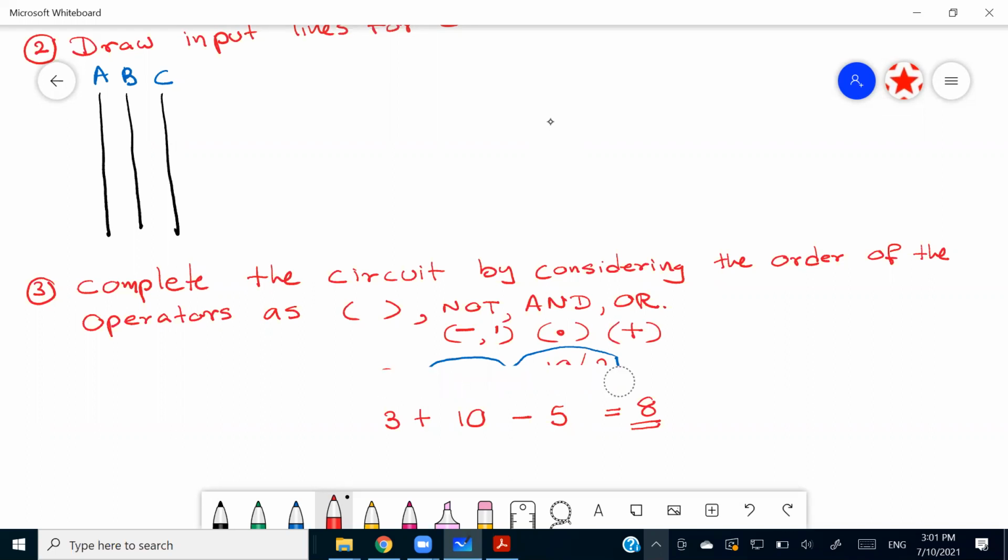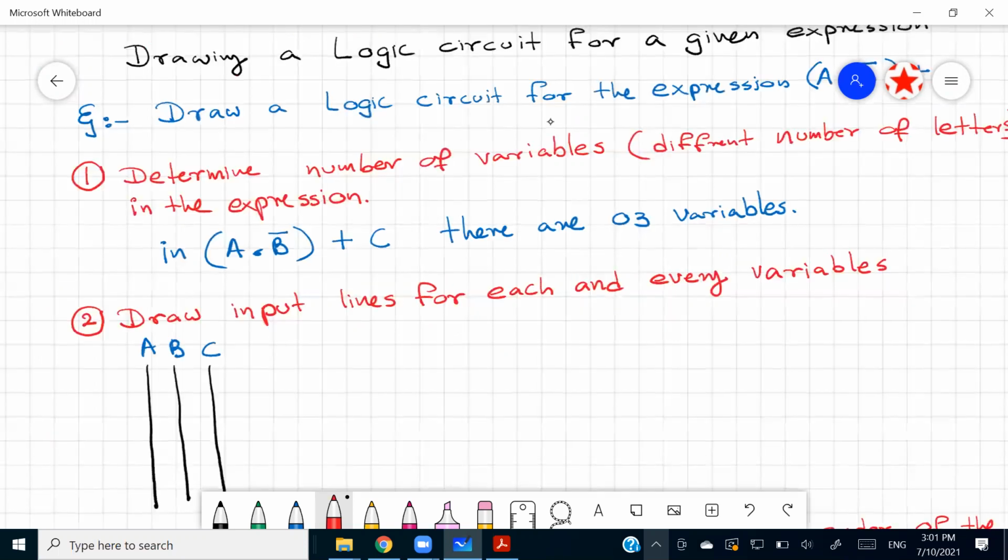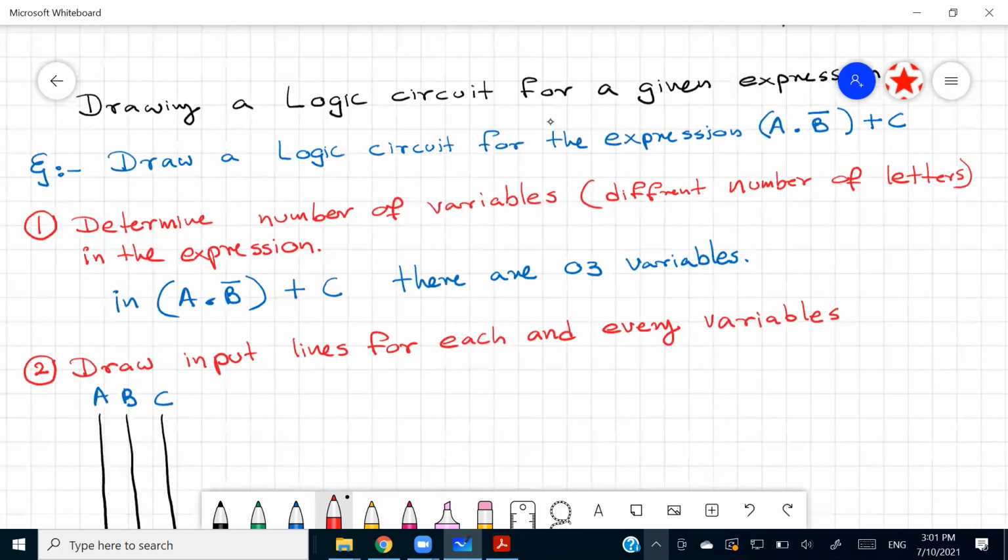So that means the expression that is given to you is going to be performed in this order, right? First you look into the brackets, and the first brackets will be solved. Then the nots, that means the bar or the dash, then the ands, the dots, then the ors, right? So now your expression is A dot B bar plus C,